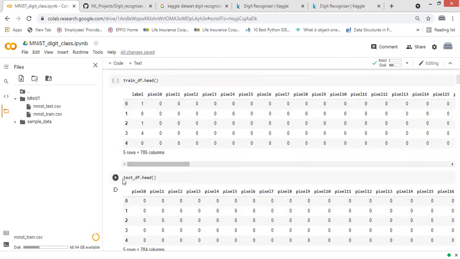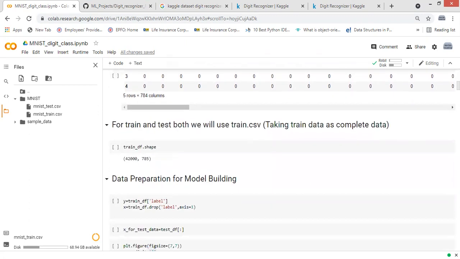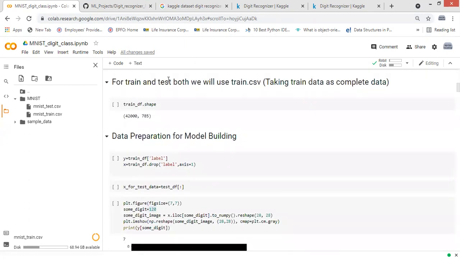Here, I am not actually using the test CSV data, because that is only used when we are going to submit our file. Therefore, I have taken the complete dataset as the train dataset. That is the dataset I am working on. Taking train as the complete dataset, I have split it into two parts, train and test. My complete train.csv has 42,795 rows and columns.